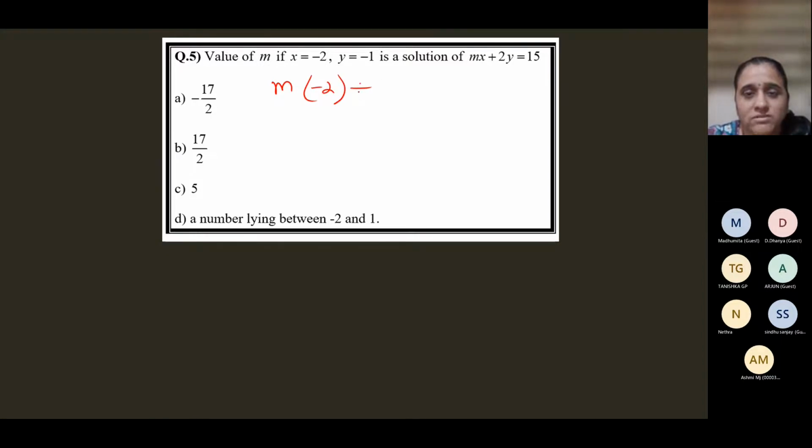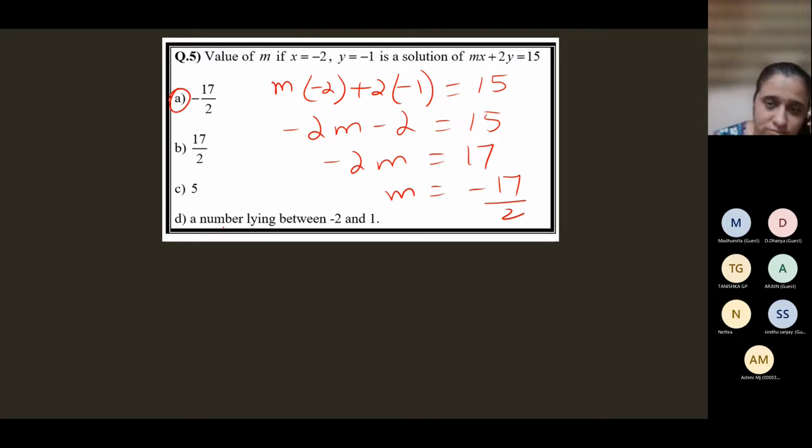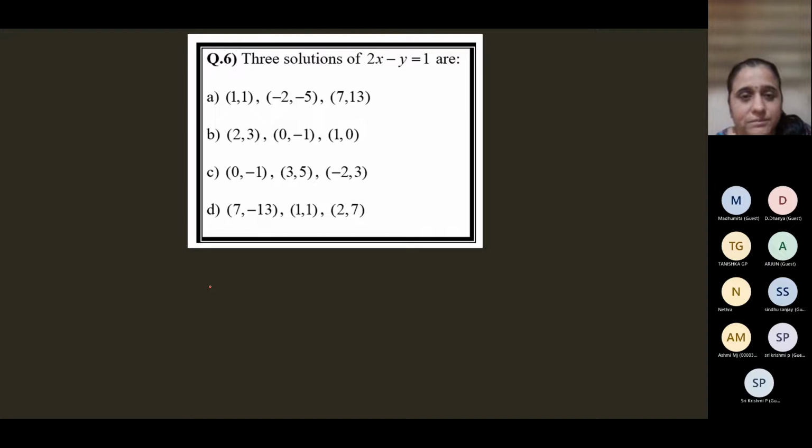So minus 2 plus 2 into the value of y, which is minus 1, is equal to 15. So minus 2m minus 2 is equal to 15. Minus 2m is equal to 17. m is equal to minus 17 by 2. Three solutions of this equation are